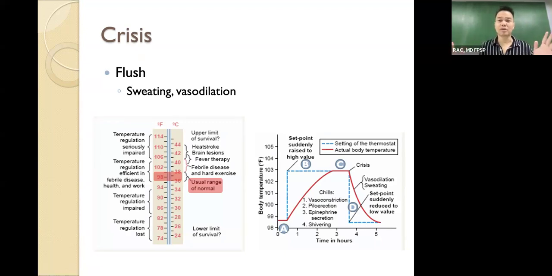So that's your disease progression. From the beginning, you have your increase in body temperature and increase in set point, so you have your fever and chills. Then you have the fever portion, where body temperature matches the set point. And then as you go into the convalescent period, you go into the crisis phase. So the set point now goes back to normal, but you still have a gradual decline in body temperature. So body temperature is still high, and the body will try to lose heat through sweating and vasodilation as you recover from your illness.